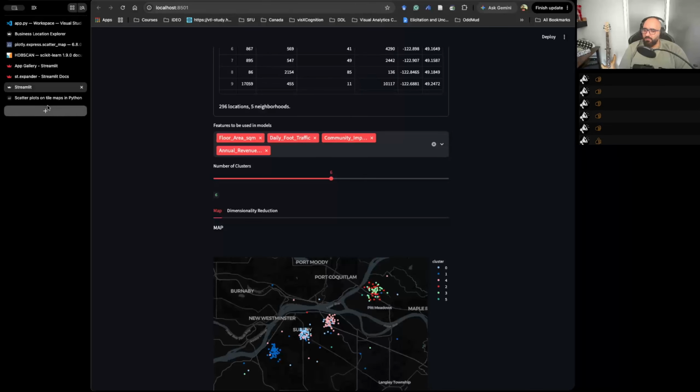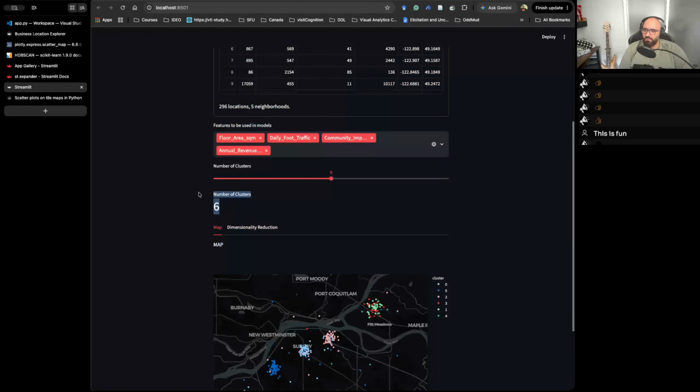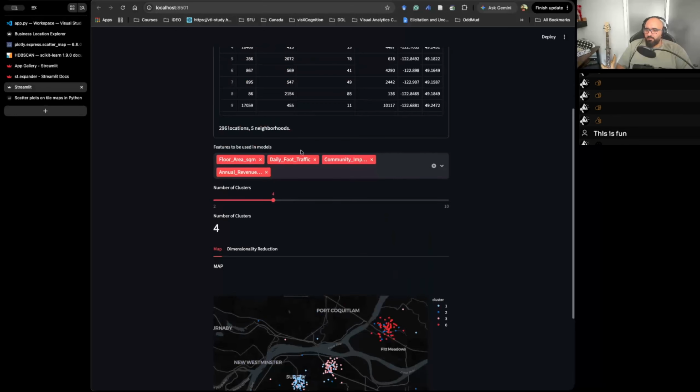Okay, now instead of write, I believe there's an interesting UI element. I believe it's metric. Got it. Number of clusters, and then you pass the value. So let's see. I think it just makes a nice metric visualization. So if we have a DBSCAN, you can